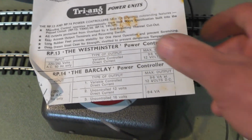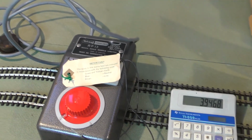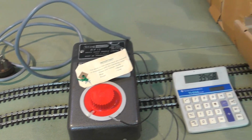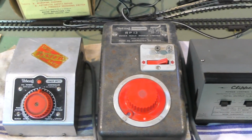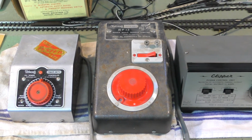Okay, well, there's a bit of gubbins inside that particular controller. I think that would probably bear a bit of investigation, so before I put them on the layout, we'll get back to our old friend here. I think probably a bit of a strip down and clean will reveal what's under the hood, so maybe I'll include that in a video. But for now,